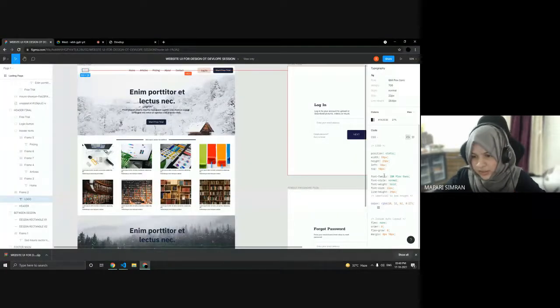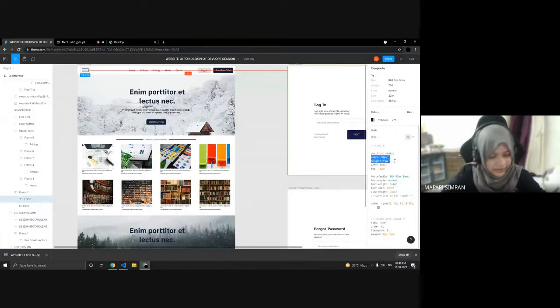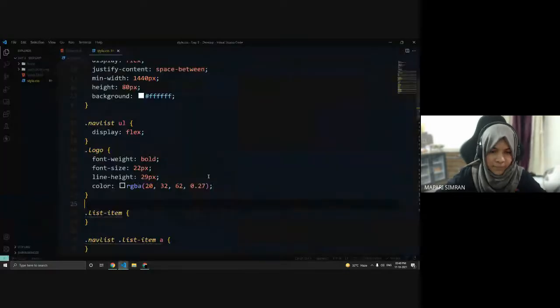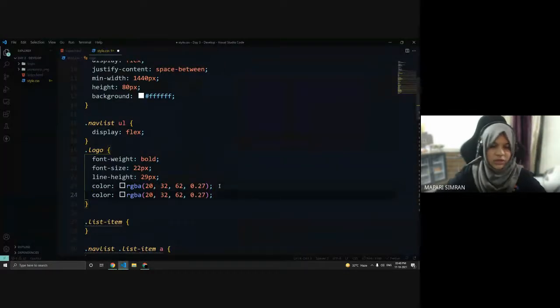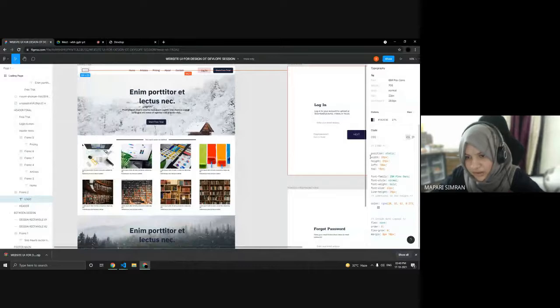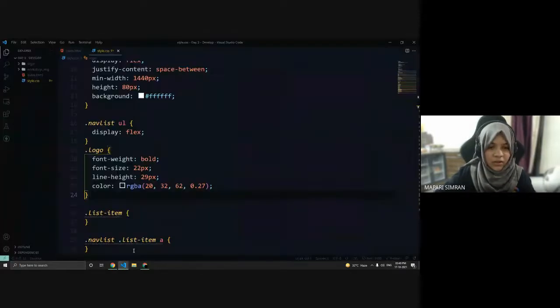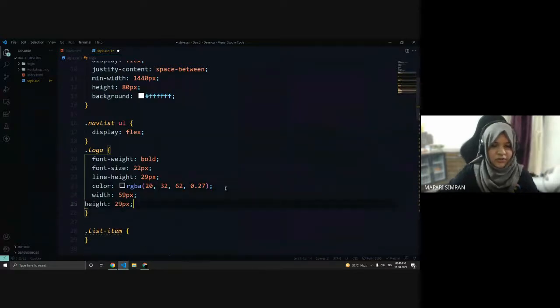And now anything more. Okay, width and height, so let's copy that as well, width and height for the logo. Oh, again color. Sorry. Width and height, Control C and Control V. So we have got the width, height, and everything.